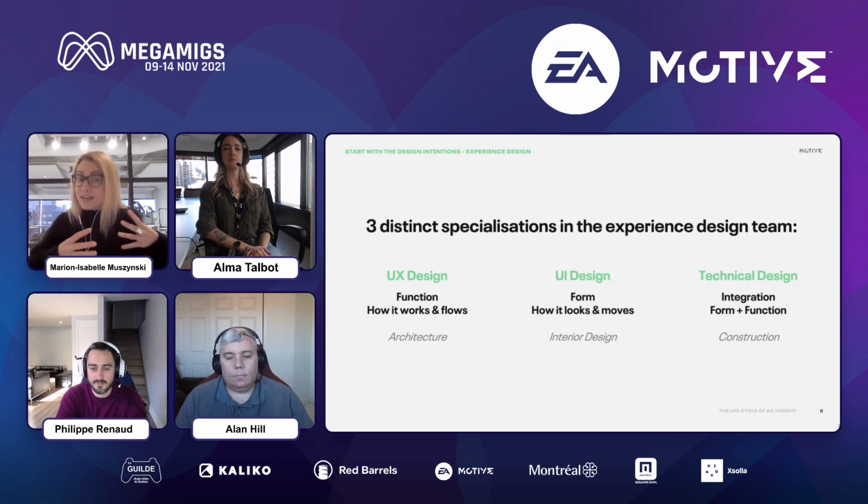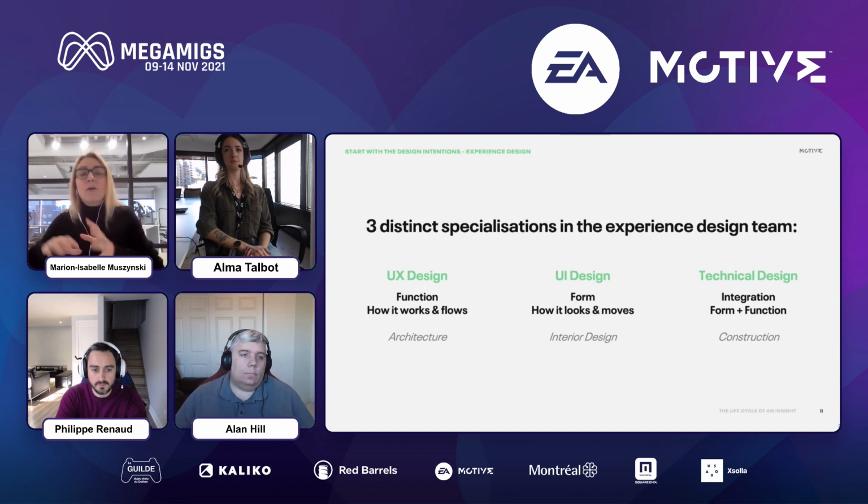When working on the intention, the key group is the UX team. Working with the game design team, we describe the intent and the projected result from a player perspective. What will happen in game and how we are expecting them to behave in the game. So that's prediction working. And the key is really to be able to design for multiple player types, sometimes close to what our designers are, but often different.